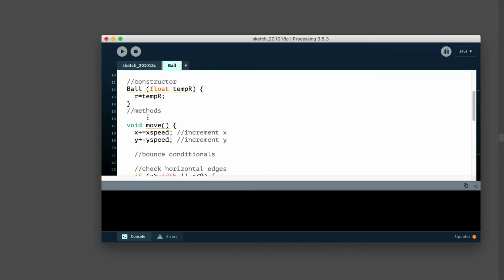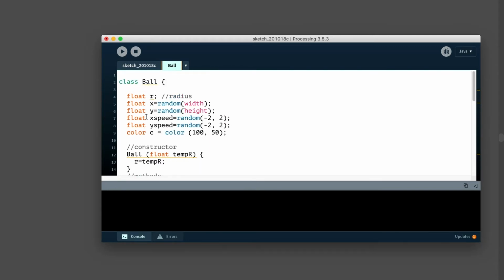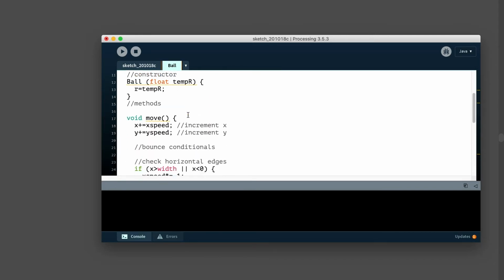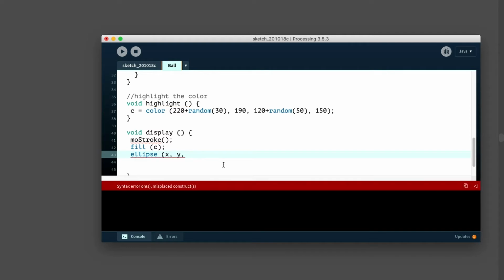So if the highlight function is not run, then this color will pull down all the way down to here. If highlight is run, then the color will be changed. And then we're going to write our ellipse x, y, r times 2. I said it's like the radius times 2 for the size, r times 2.